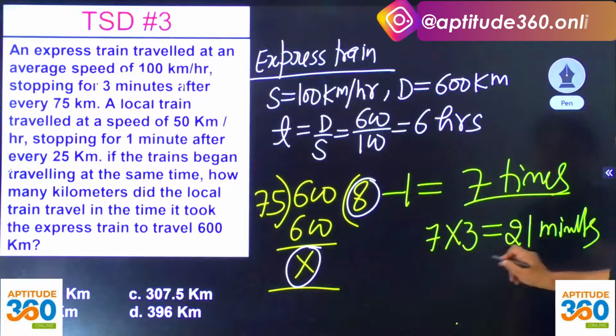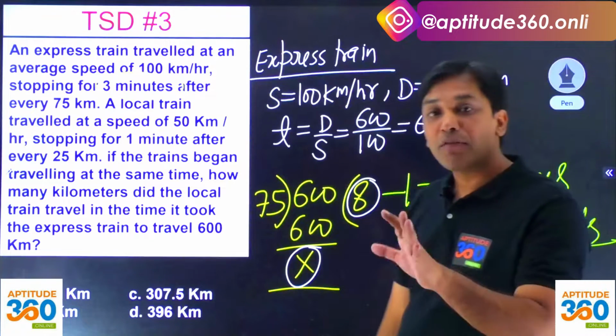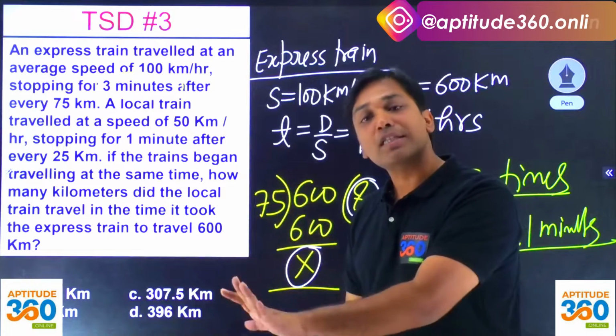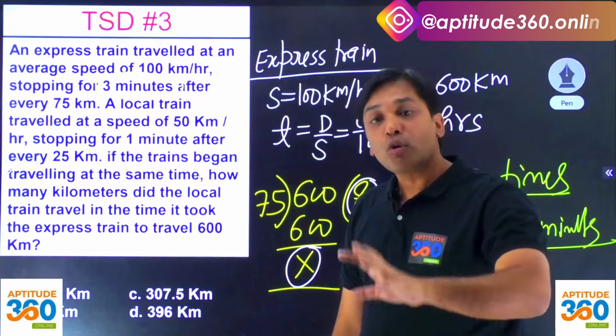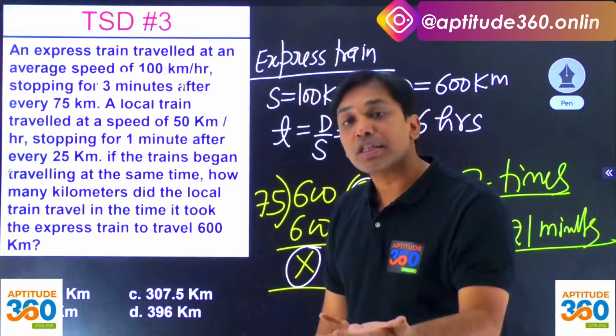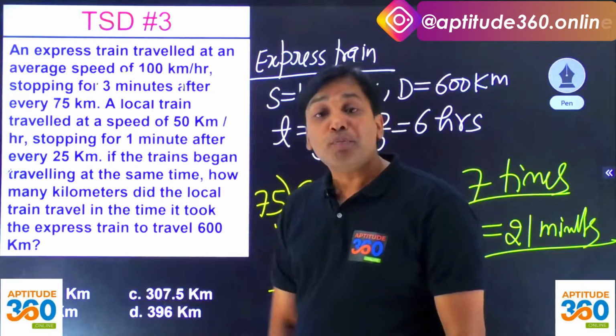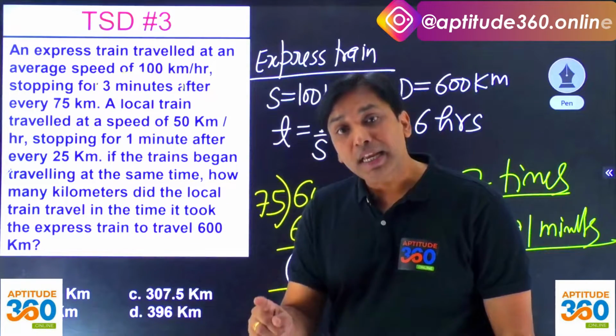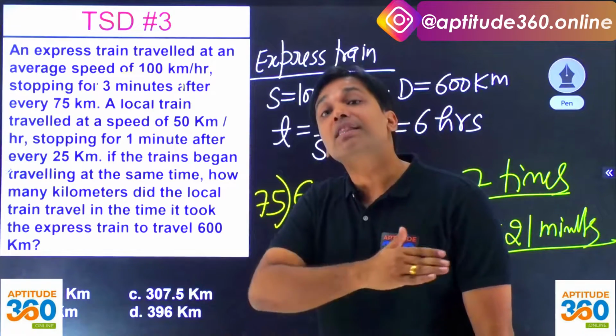What is going to be the travel time of express train? The travel time of express train comes out as 6 hours plus 21 minutes. So local train is also required to travel for 6 hours 21 minutes as per the problem. और प्रॉब्लम ये कह रहा है कि ये जो लोकल ट्रेन है वो 6 hours 21 minutes में कितना किलोमीटर जाएगा,